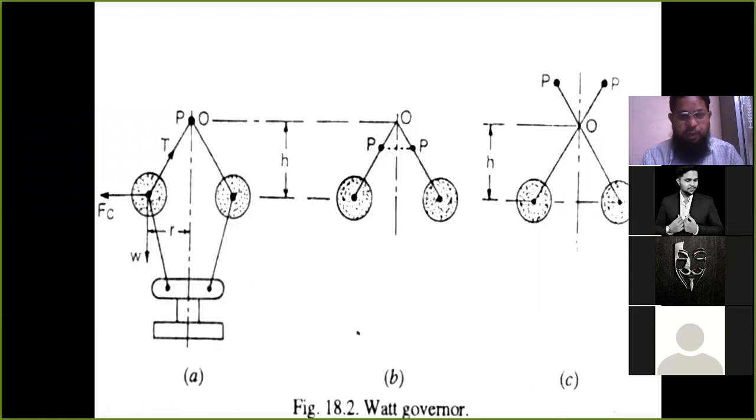Okay. Now, what is radius of rotation? Radius of rotation is nothing but the distance from center of ball from axis of rotation. This spindle axis is actually axis of rotation. So the distance of center of ball from axis of rotation is radius of rotation. Now, what is the equilibrium speed?